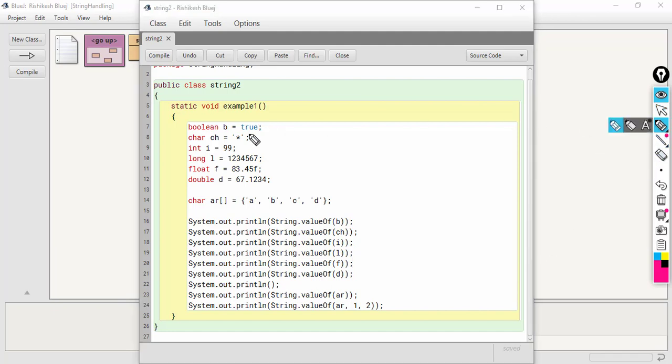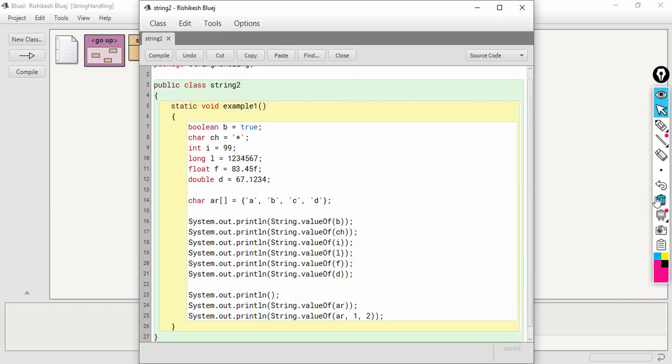So here you can see I have created a few variables of different types, and I have assigned appropriate values to all those variables, and here I have created a character array, which has got 4 characters A, B, C and D. Now focus here, the first one, String.valueOf, I am passing b, okay.